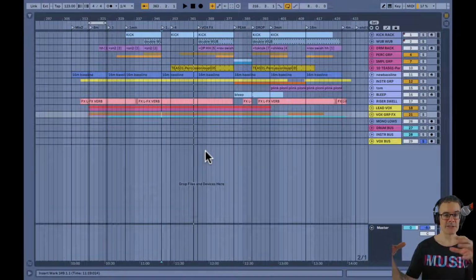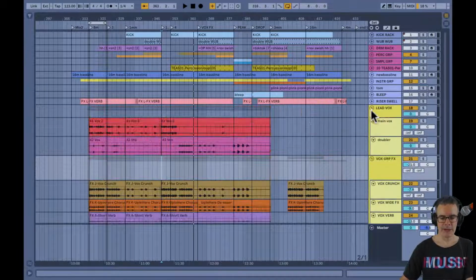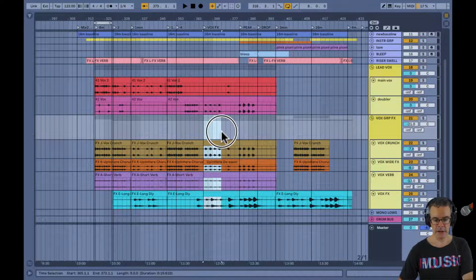Now that I know the effects group is mixed together as a unit, as a stereo field within the group track, now I can take that whole group track, bring it in compared to the lead. I can easily find a section of the song where all those sounds are happening, like right here. Loop that,